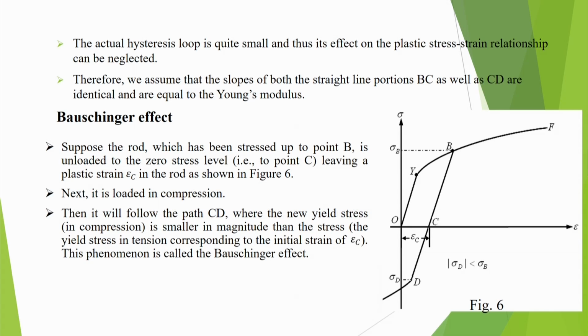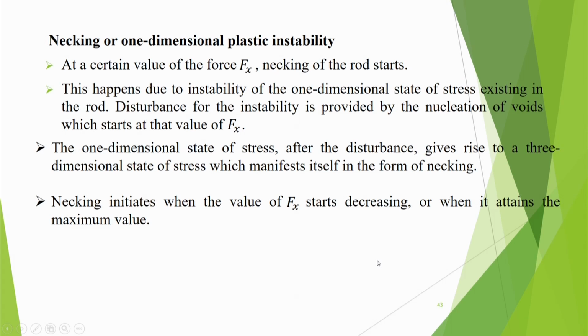Many times we even neglect the Bauschinger effect also. That point has to be kept in mind, but in certain situations this effect may be very significant, particularly if you are having fluctuating type of loading. That means the material is going to tension, then compression, then tension, like that. If it is going in that direction, then the strength in both directions may keep on reducing. Okay. So, this phenomenon is there.